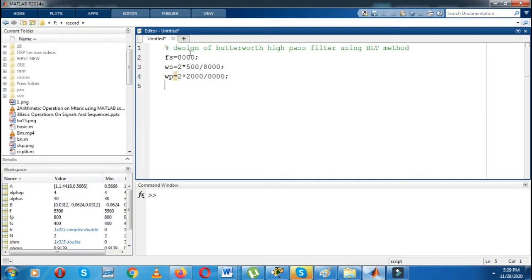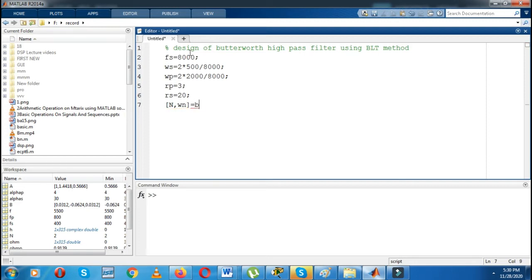Next line, I will take the attenuations, RP equal to 3 and RS equal to 20.